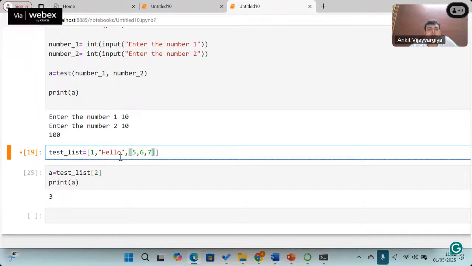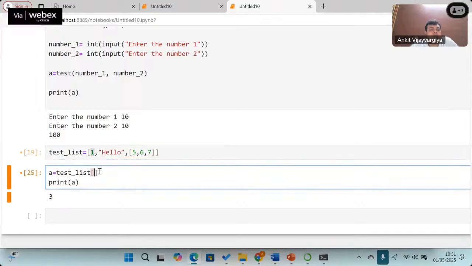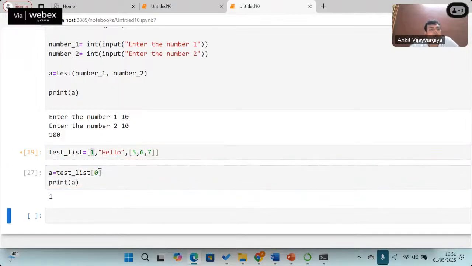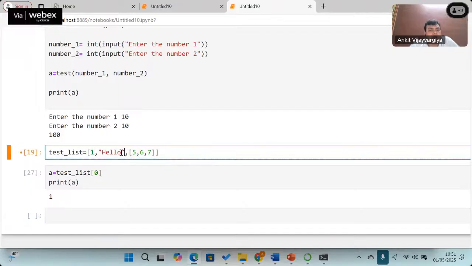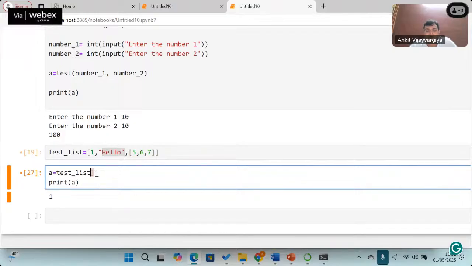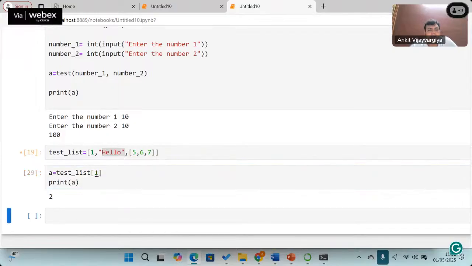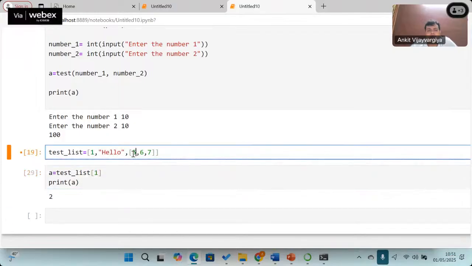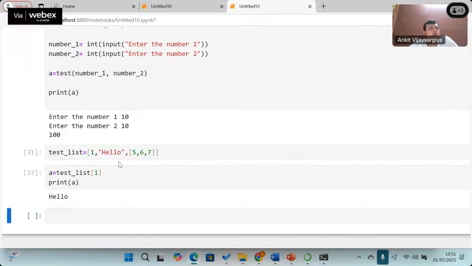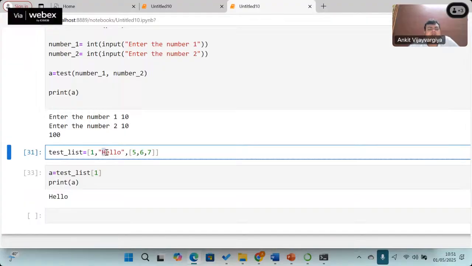So how can we call this? If we want to call this one, we can use this simple 0. If we write the 1, then this string will come. Sorry, I didn't run this program. Hello. Now, if you want to call only the first character or second character or anything like that,